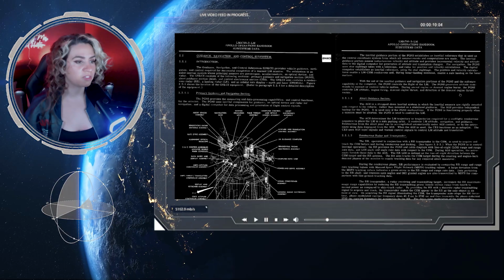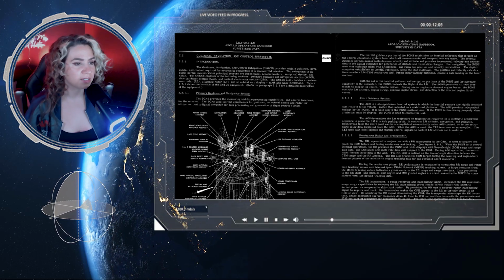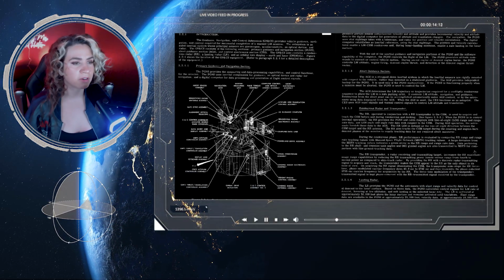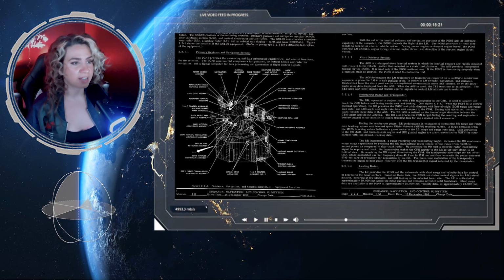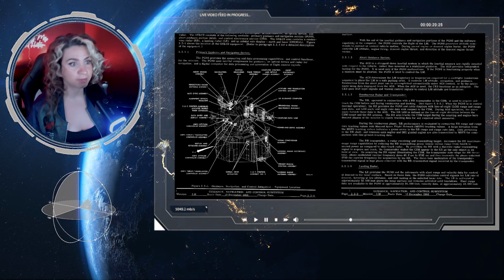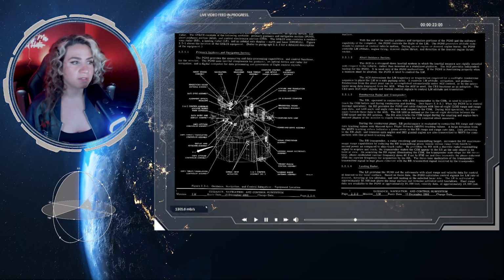During the rendezvous phase, RR performance is evaluated by comparing RR range and range rate tracking values with Manned Space Flight Network (MSFN) tracking values. A large deviation from the